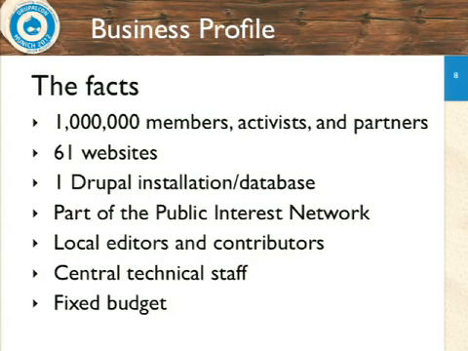It's one Drupal installation. It's actually part of a public interest network, which is a broader organization that Environment America belongs to. There are actually 4 different clusters of these things, but I can't talk about the other 3. We're actually running in total something like 155 websites off of one Drupal installation, which is kind of fascinating. And if you want to know how we do that technically, you can ask me later.